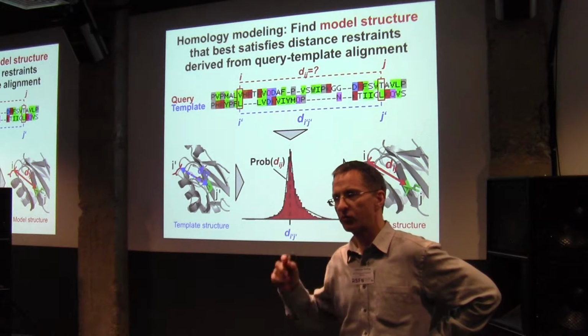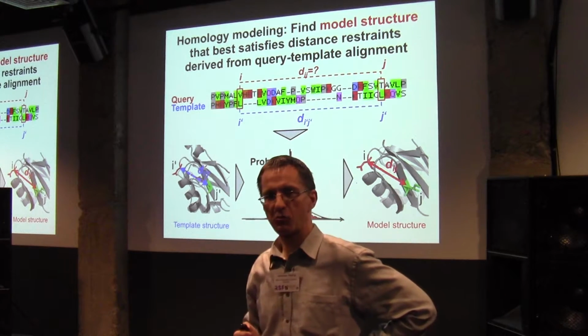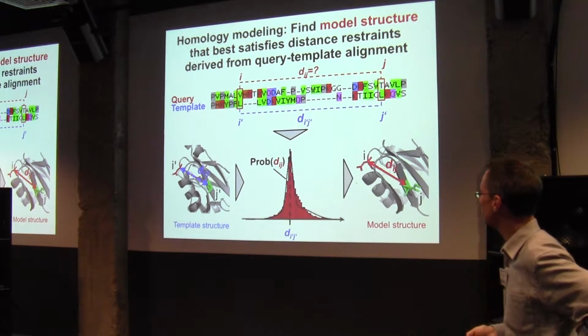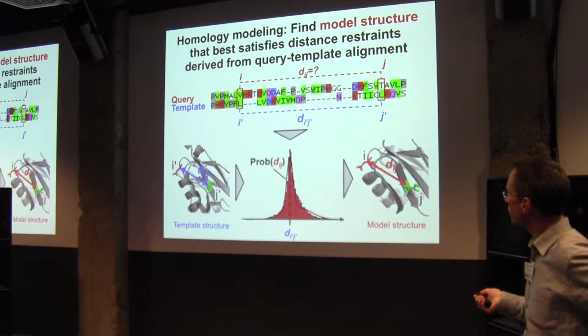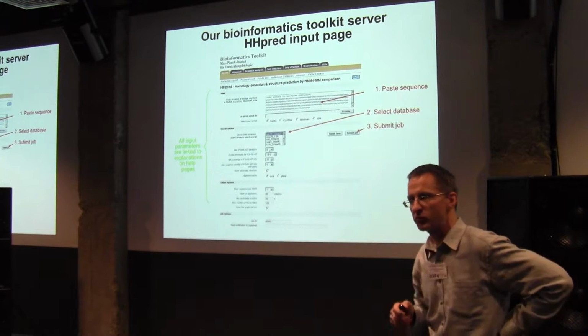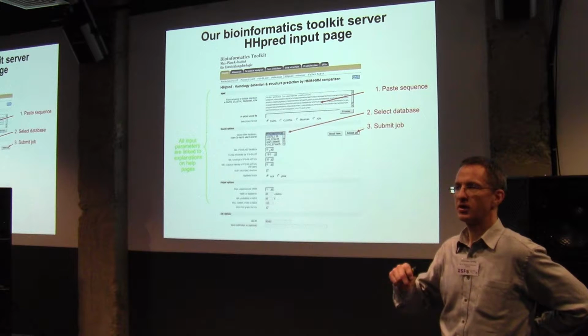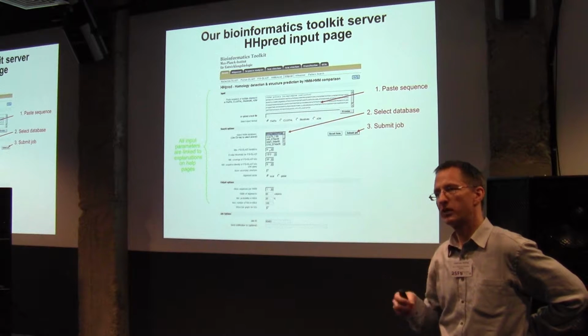How this homology modeling works, do you want me to explain this? Please lift your hand if you want to have the idea how homology modeling works. I guess if there are only five, I'll skip it. Most of you will probably know. We have also worked on this part to improve it. We are using the Modeller package, where we've improved the probabilistic restraints so that Modeller can work better with multiple restraints.